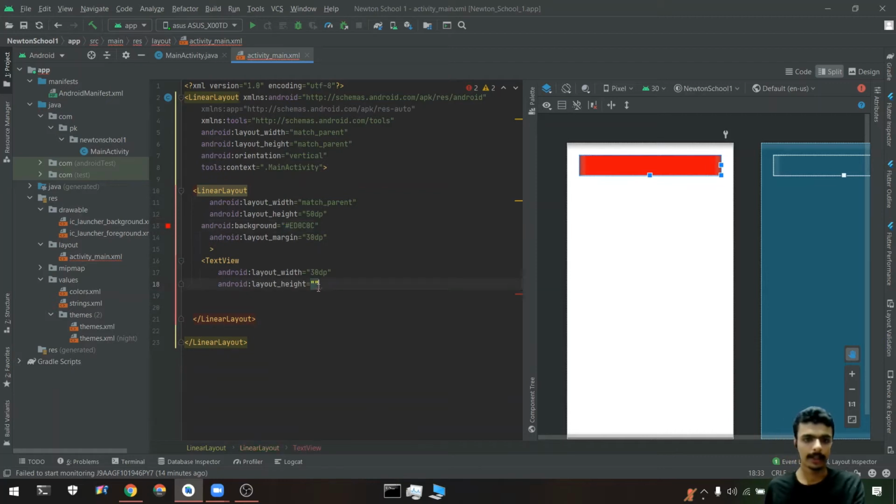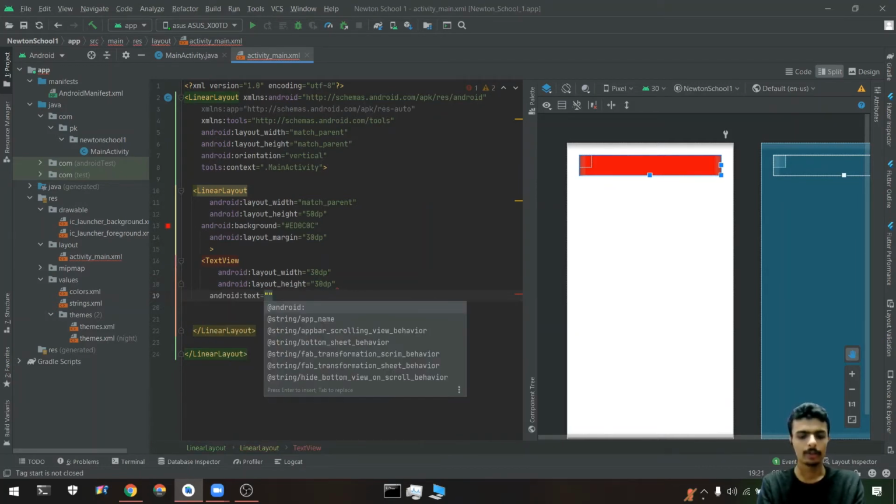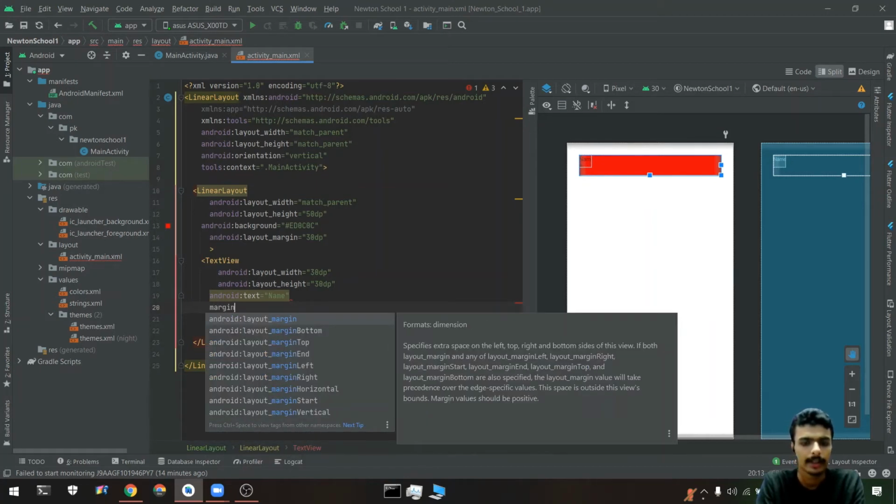Okay, so the height would be 30 dp. Yeah, 30 dp, and I have the height of 50 dp. So it will be showing the text: name. And we can write something on the margin start.